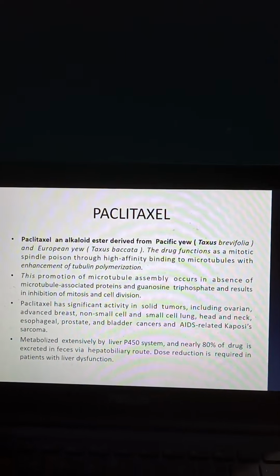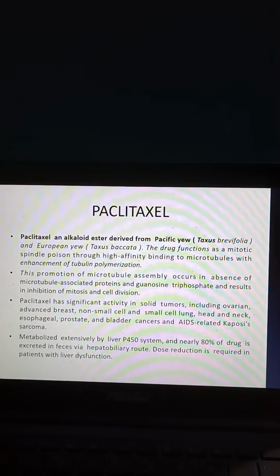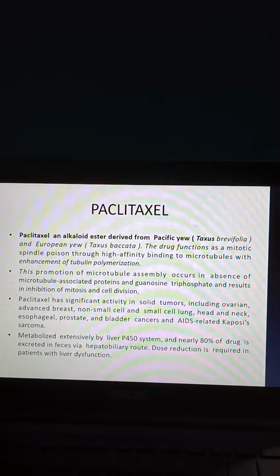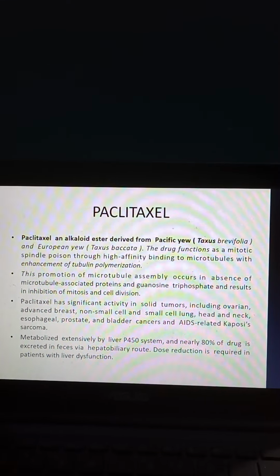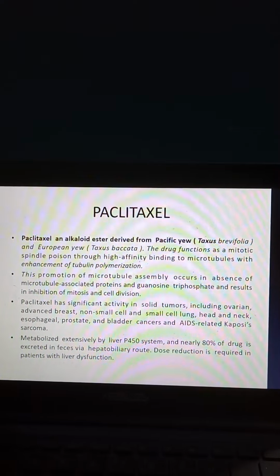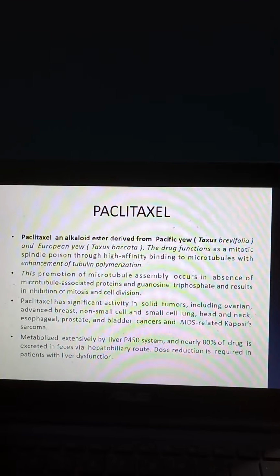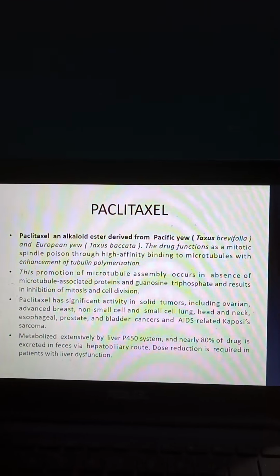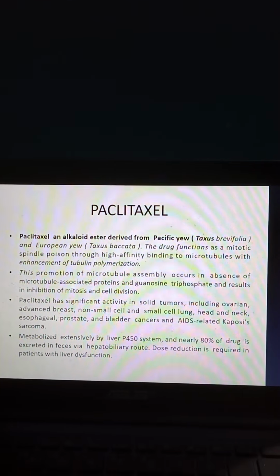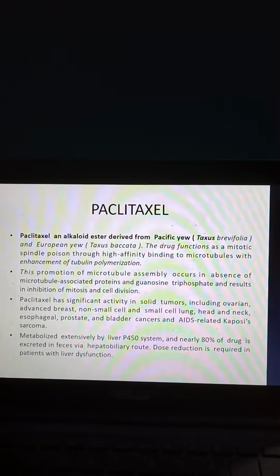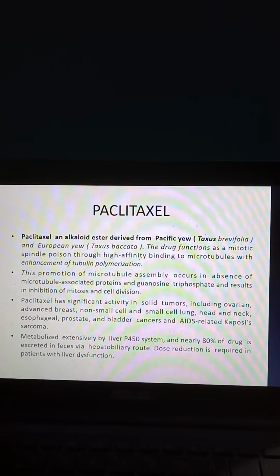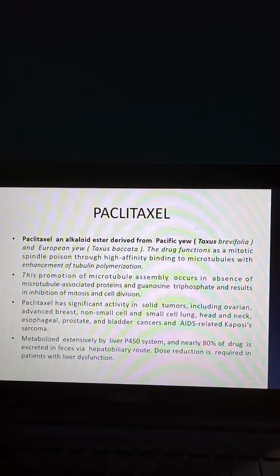Then coming to paclitaxel. Paclitaxel is an alkaloid ester derived from the Pacific yew, Taxus brevifolia, and the European yew, Taxus baccata. The drug functions as a mitotic spindle poison through high affinity binding to microtubules with enhancement of tubulin polymerization. This promotion of microtubule assembly occurs in the absence of microtubule associated proteins and guanosine triphosphate and results in inhibition of